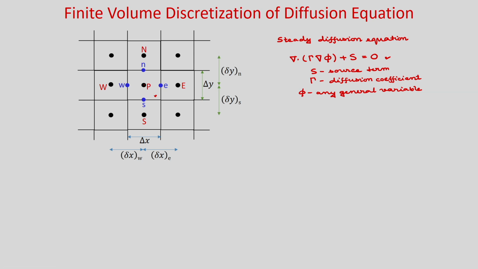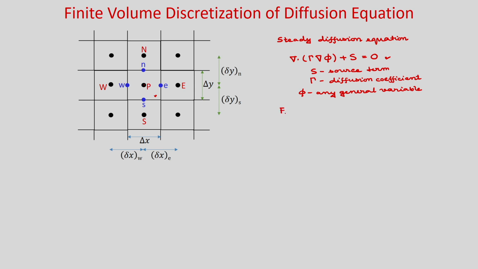Okay. So, now let us define a flux vector J which is represented as minus gamma grad phi. So, we will introduce a flux vector, okay, that is denoted as J, as minus gamma grad phi. Okay. So, sometime it is known as diffusion flux vector because we have considered a diffusion equation. So, J is minus gamma grad phi. So, obviously J in 2 dimension you can write J x i plus J y j.